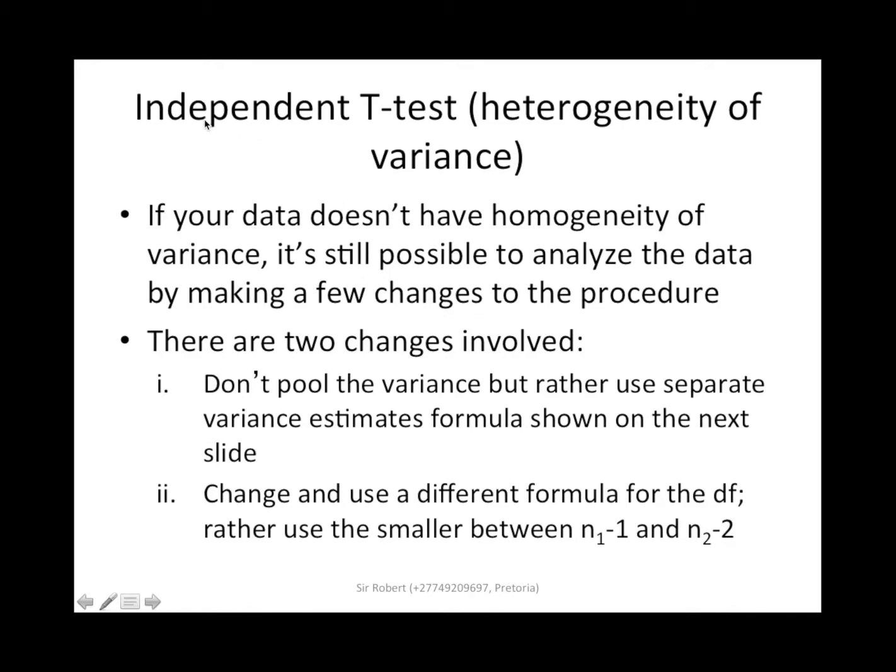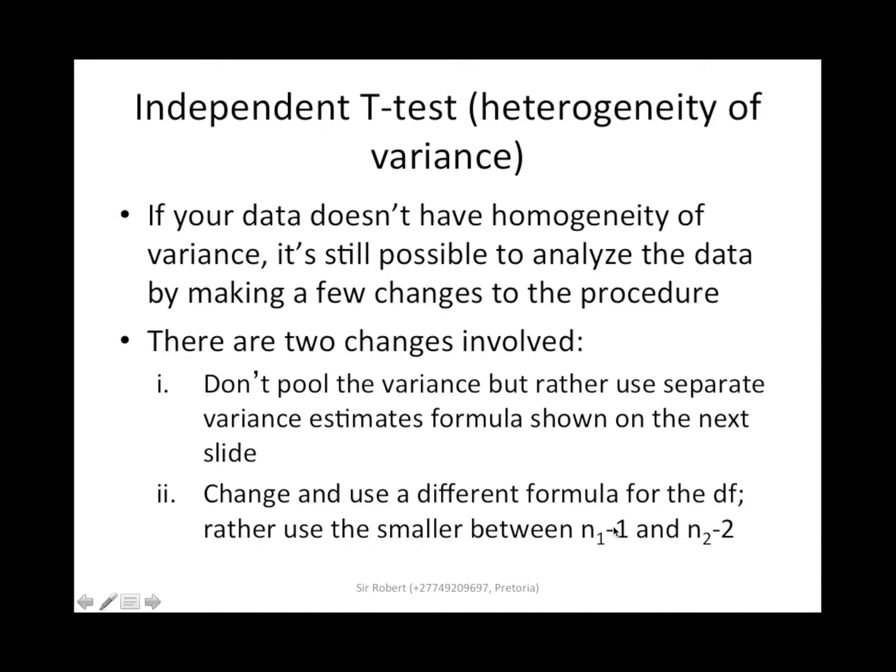Then the other one is independent t-test heterogeneity of variance. If your data doesn't have homogeneity of variance, it is still possible to analyze the data by making a few changes to the procedure. There are two changes involved. Don't use the pooled variance, but rather use the separate variance estimate formula shown on the next slide. Change and use a different formula for the df. Rather use the